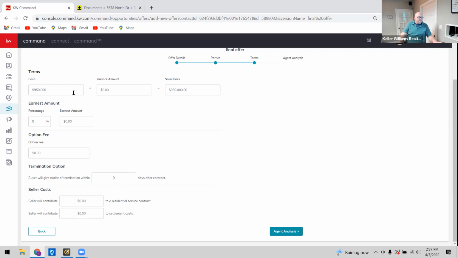So that comes up to $950,000. You could make it $50,000 cash, $900,000 in finance. Or you can put the whole thing in finance. It doesn't really matter. The reason this is broken down like this is so if you have multiple offers, you